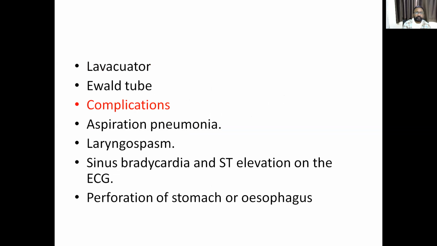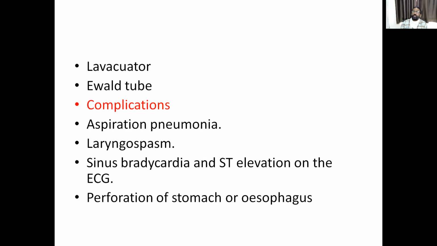Important instrument is the evacuator, and in India we usually use Ewald's tube. This is very, very important, and I will show you a photograph of the Ewald's tube. These are short notes. Ewald's tube contains a funnel and a rubber tube, and has a bulb, and again a rubber tube. Immediately after the bulb there is a gauze and nozzle.